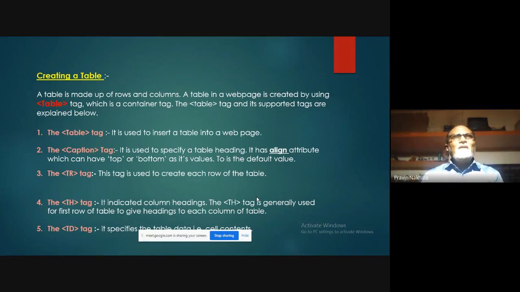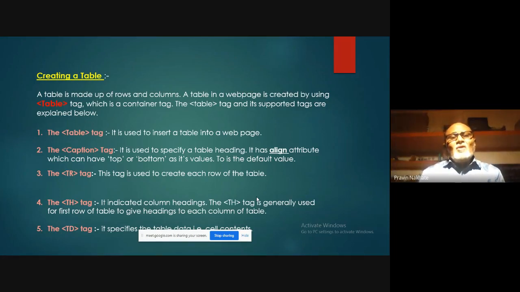Container means a pair tag. It requires the ending tag. Every tag ends with the slash option. That means the opening tag is table, then its ending tag is slash table. So this table tag is used to insert a table into a web page.